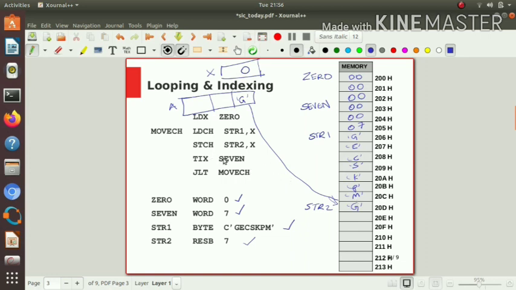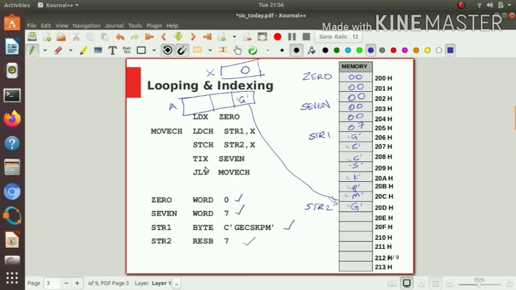Okay. Then the next statement is TIX. TIX means increment the value of x by 1 and compare that value with the memory constant, or the memory variable, specified here.